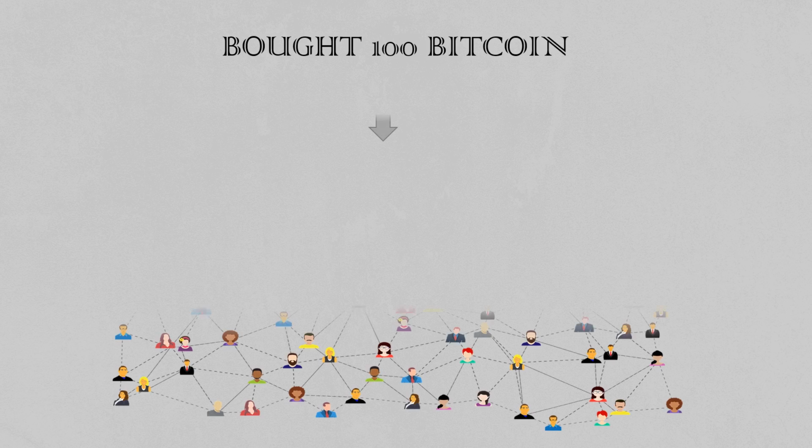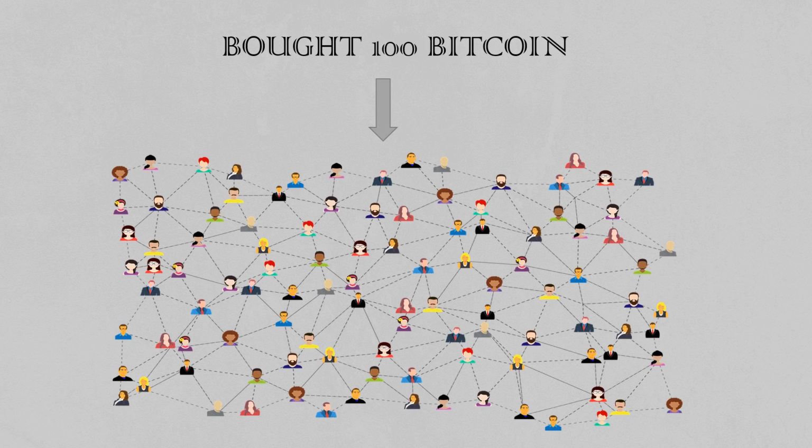To understand further, let us imagine that you bought 100 Bitcoin, and that information will be sent to each and every one of these nodes. Each of them needs to validate and authorize this transaction. Once all of them have authorized and validated it, then it will relay the transaction,